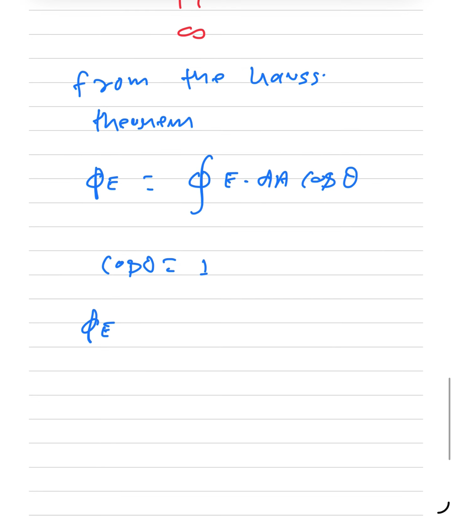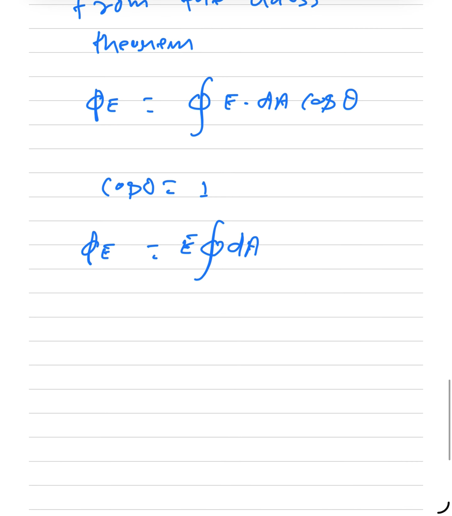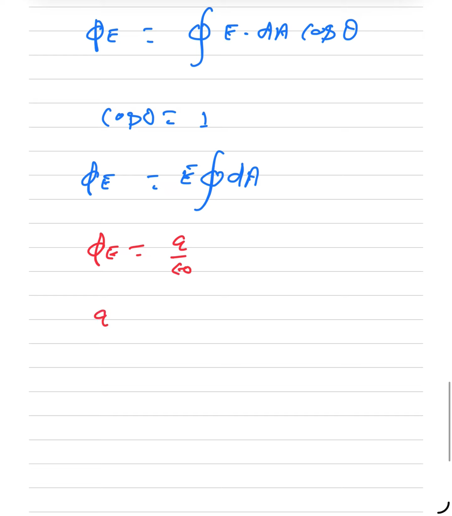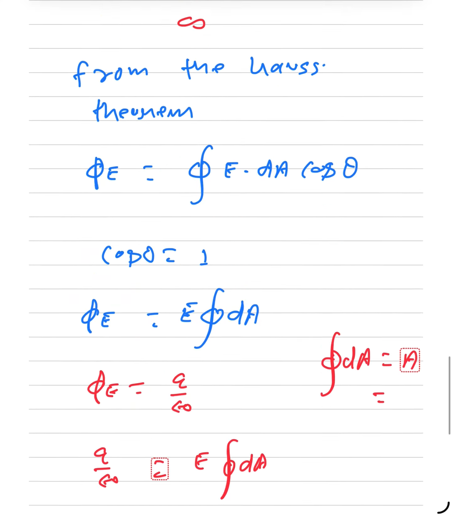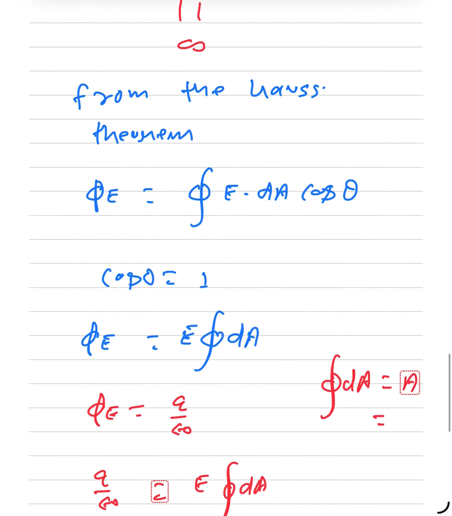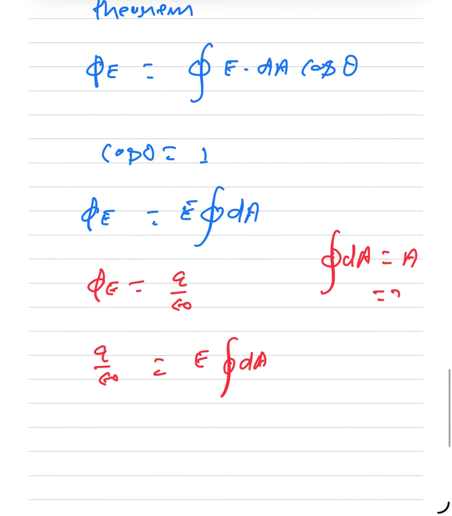Electric flux phi E equals E times integration dA, right, and phi E equals Q divided by epsilon naught, so Q divided by epsilon naught equals E times integration of dA, and integration of dA equals A, meaning the area of the cylindrical Gaussian surface, 2 pi r H,